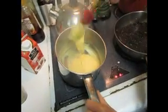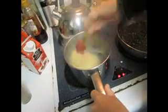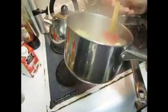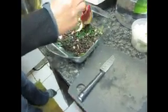Alright, so I'm going to turn this down and let it finish off. As you can see, it's come into a nice cheese sauce here. Still a little thick, but that's okay. But this is going to stay nice and melty a lot longer than had we just used those shreds. So now I take some of my delicious cheese, and by adding the milk I've really stretched out